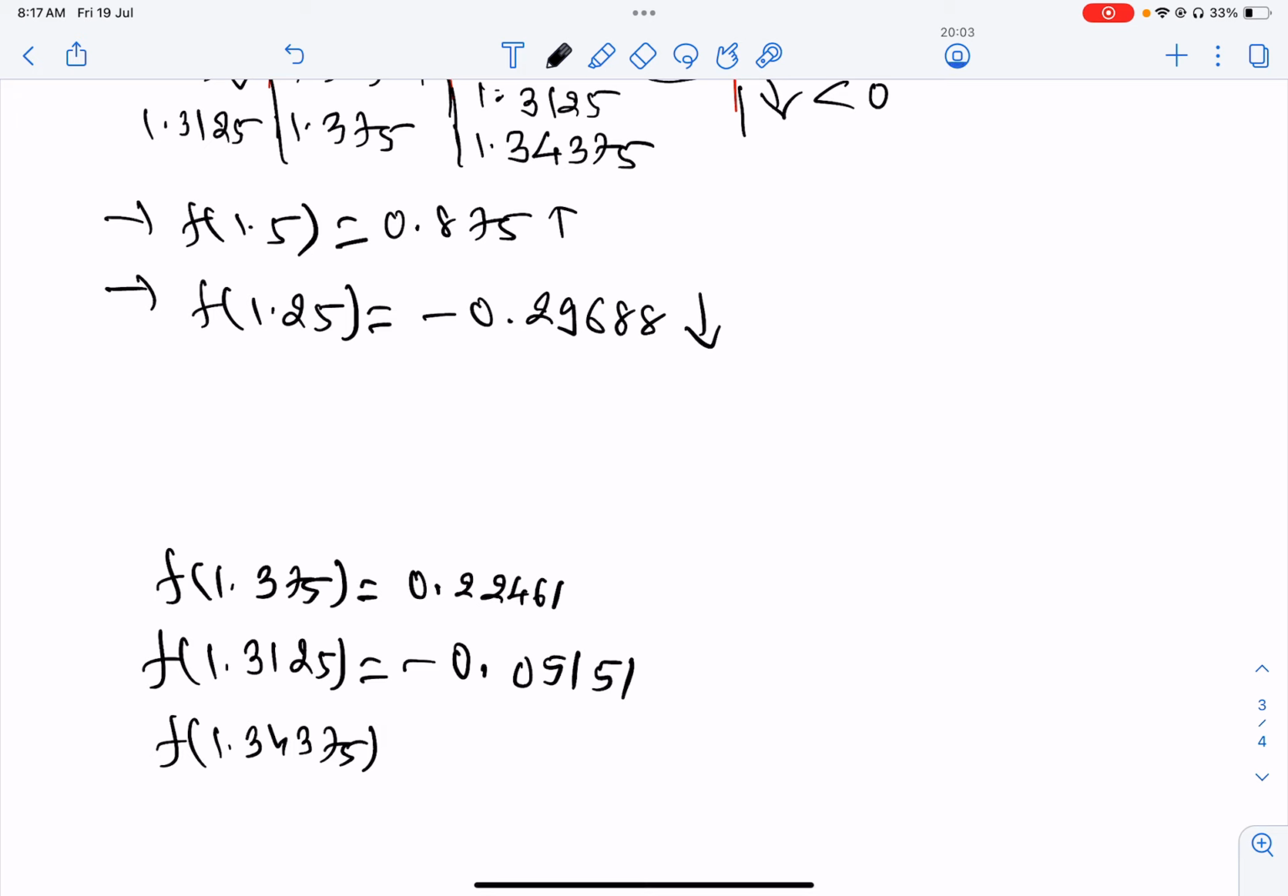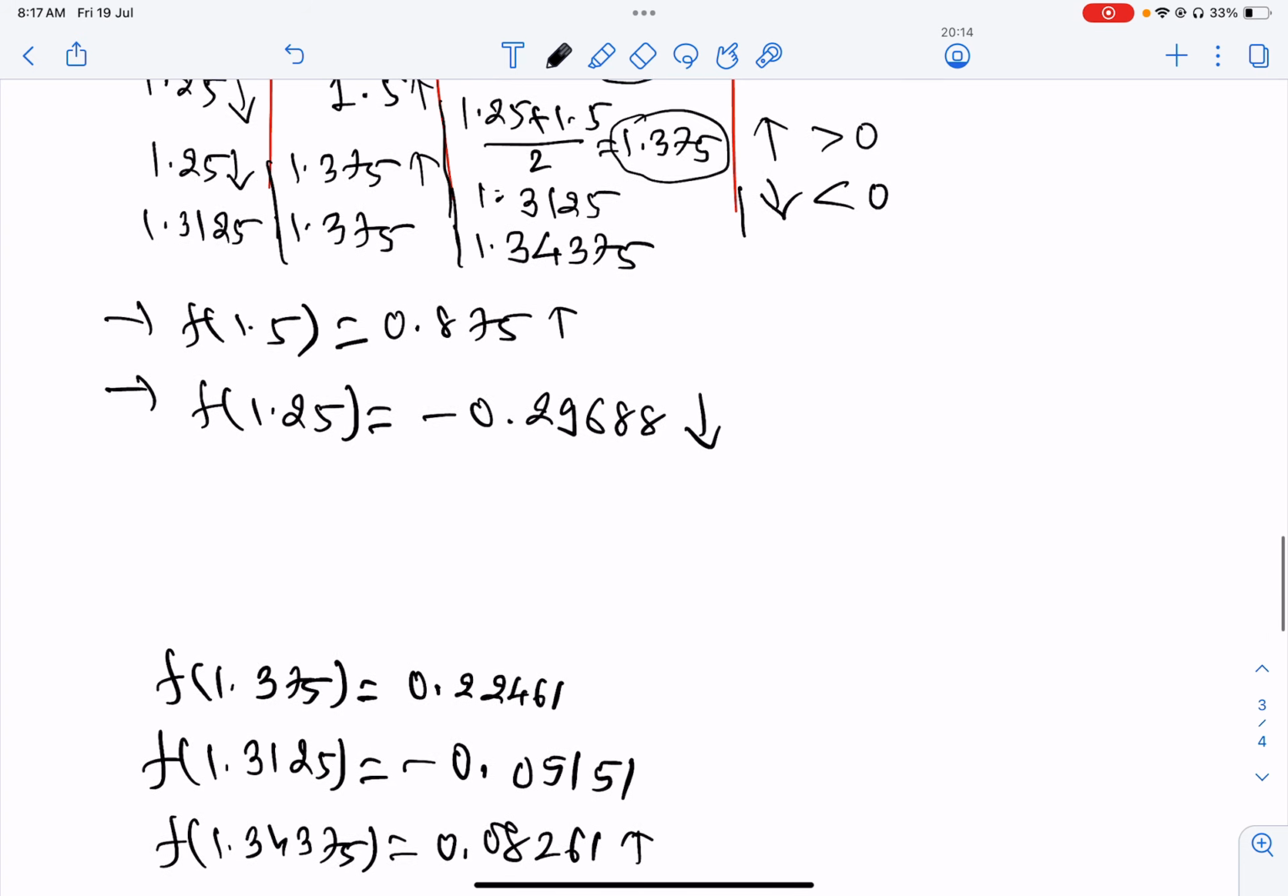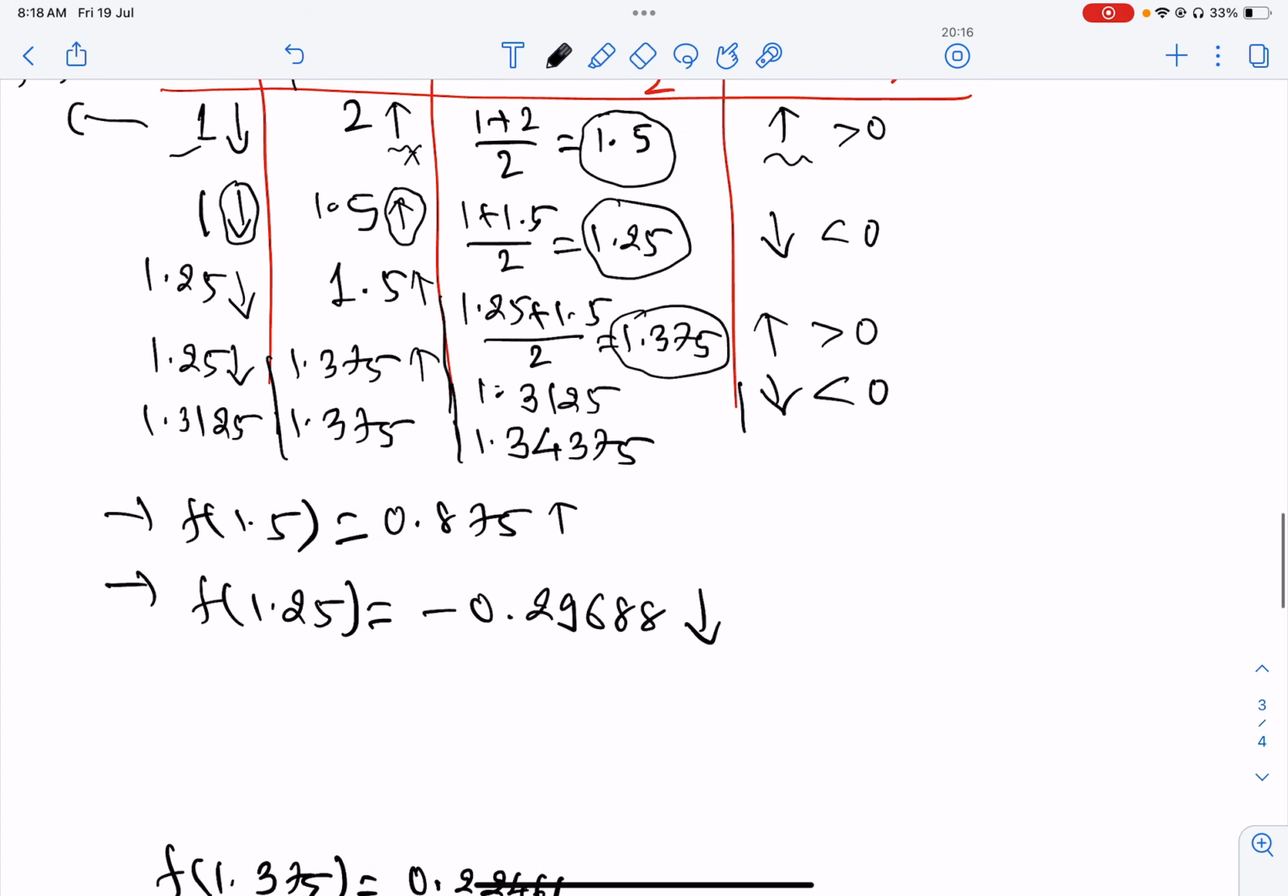So f of 1.34375 is 0.08261. Verify from the calculator, it is positive. So this value is positive. Okay, this one is positive, the value of the function. At 1.3125 it is negative. Okay, so then